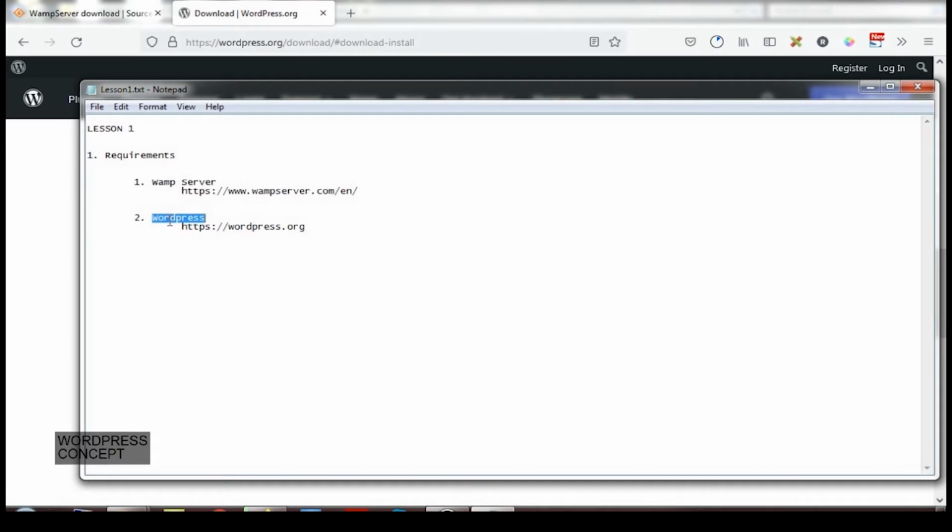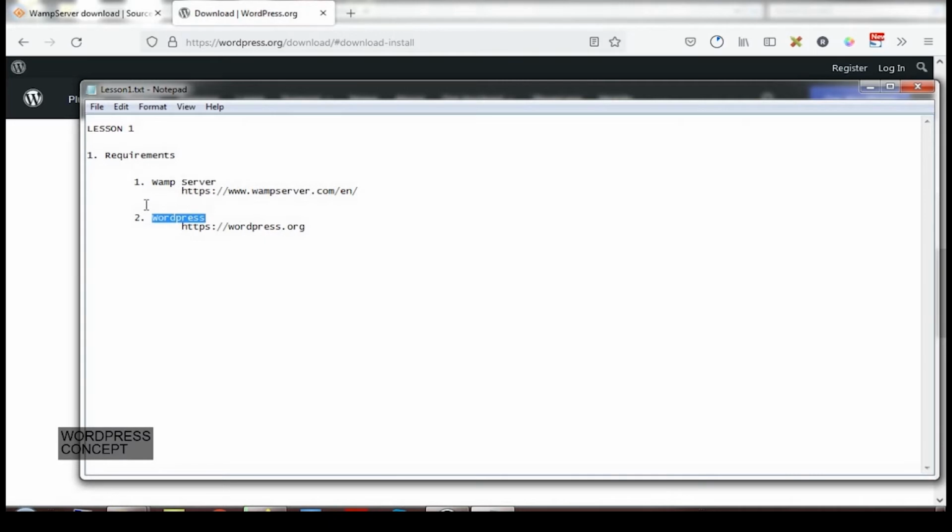WordPress is a CMS. CMS means content management system. Now it's a system, or a framework, which is basically used to make websites, and using this content management system, we can easily put the content and images into the site, or we can easily modify the existing images on the site.